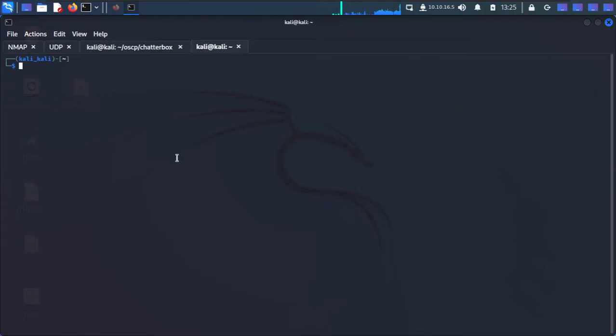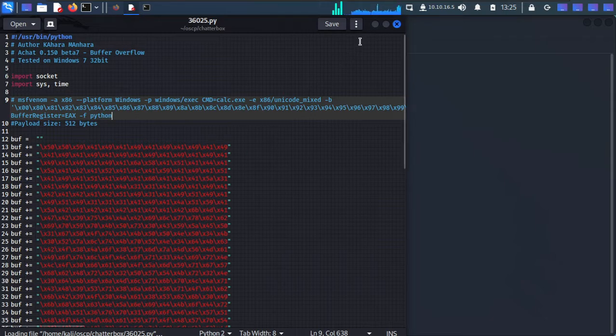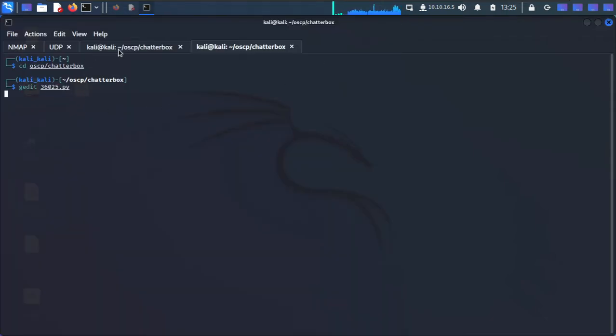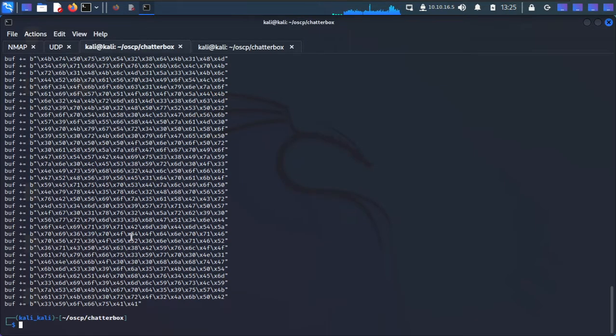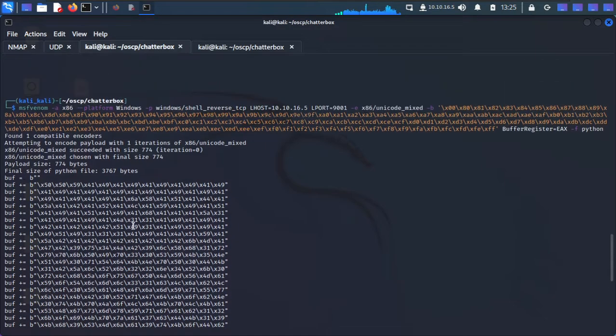Till then, let's open a new tab, cd OSCP, go to ChatterBox, gedit our 36267.py, minimize. So we have our shell. So what's